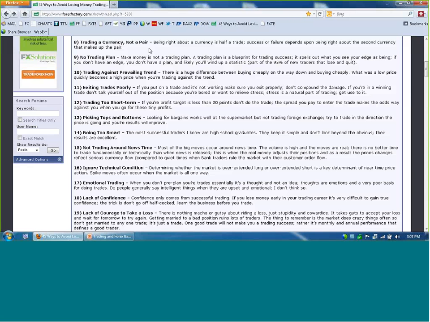Your brokers and spread bettors tell you not to do it because it doesn't help them, and it's hard for them to make money when you trade around the news. So if it's hard for them to make money, it actually, in effect, is almost easy for you to make money. That's why they don't want you to do it, not that they don't want to see you make money, but they don't want to lose money themselves.